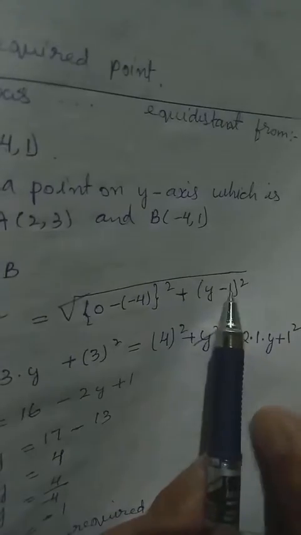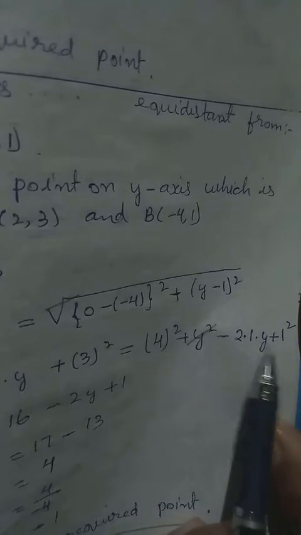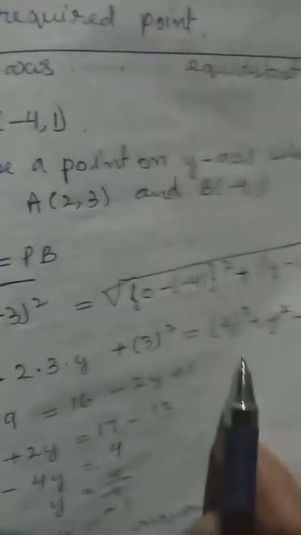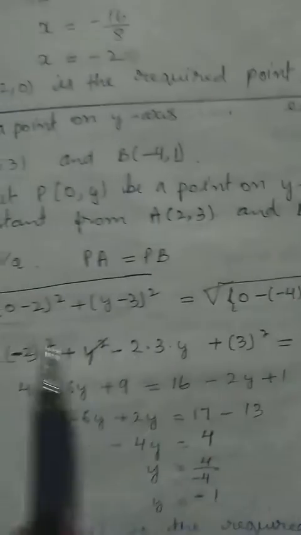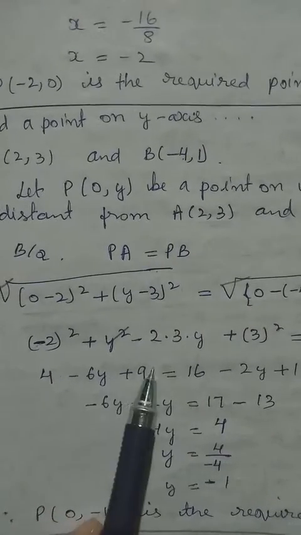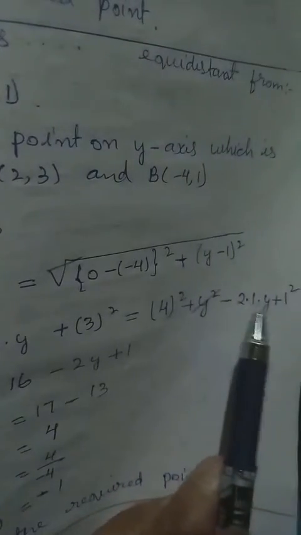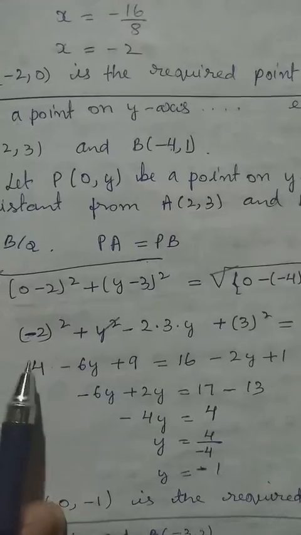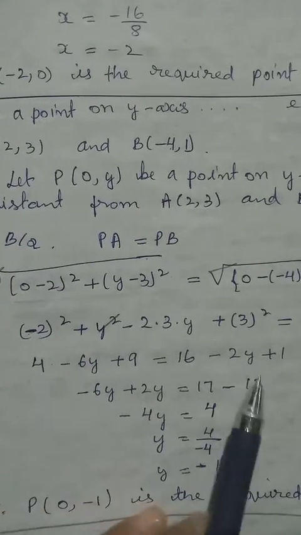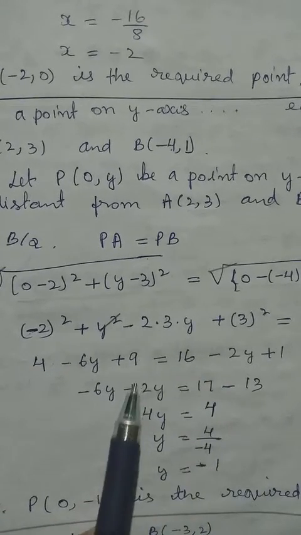One alphabet, one number, we cannot minus, so apply formula a square minus 2ab plus b square. Then if compare both sides, we have y square here also, y square with plus sign we can cancel. Then here we are left 2 into 2, 4, 2 into 3, 6, 3 into 3, 9. This side 4 into 4, 16, 2 into y plus 1. Then 4 plus 9, 13, plus if you take that side become 13. 16 plus 1, 17. This is minus, bring side become plus.